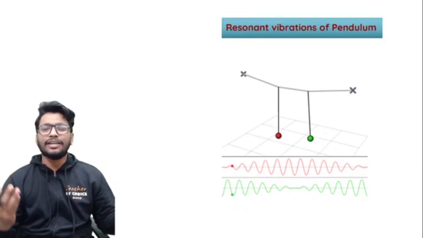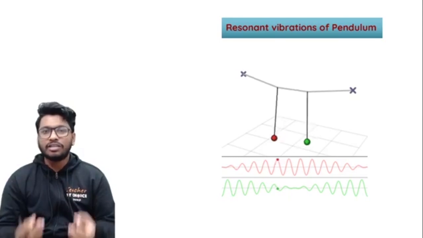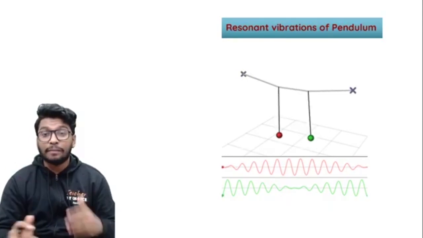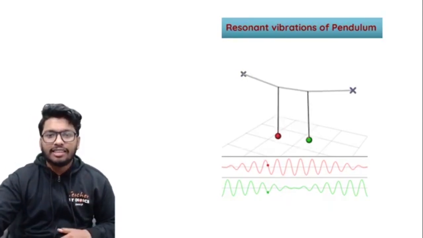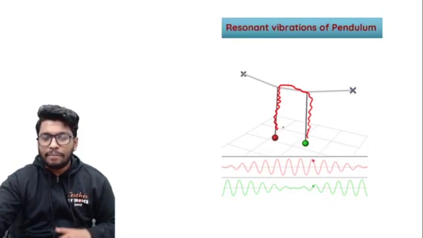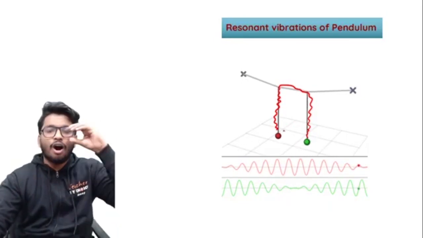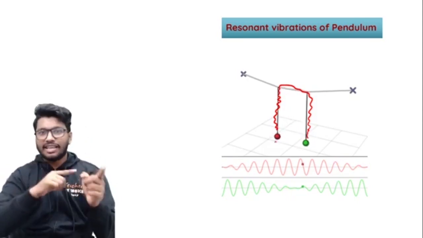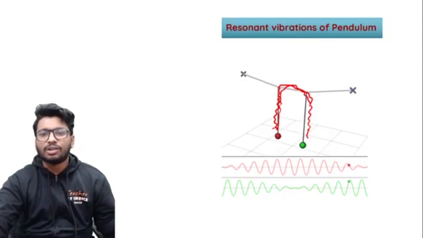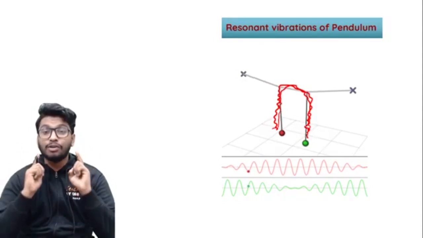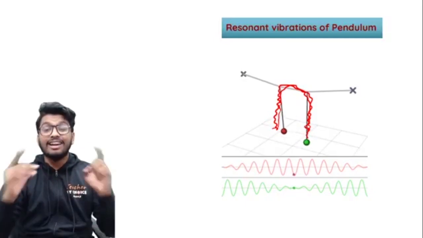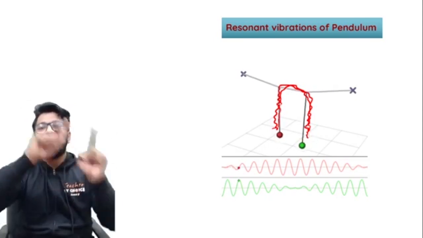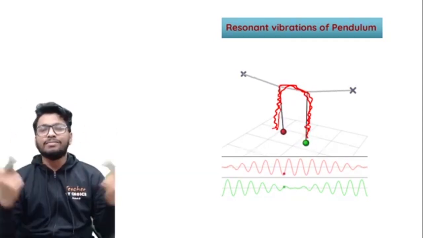Starting with a simple pendulum. What you have is two different pendulums of the same length. So the natural frequency of both of them is the same. Frequency of both A and B are the same. You see this? This starts to oscillate. This will create a force on this one, and because the frequency of the forced vibration is equal to the natural frequency of the second pendulum, that is the red pendulum, that starts to oscillate. And when it loses the energy, this will again create a force on this one, and that will also start to oscillate, and they both start to oscillate in sync. See, that one stops, the other one starts to oscillate. When the other one stops, the other one starts to oscillate, because the frequency of both the pendulums is equal.